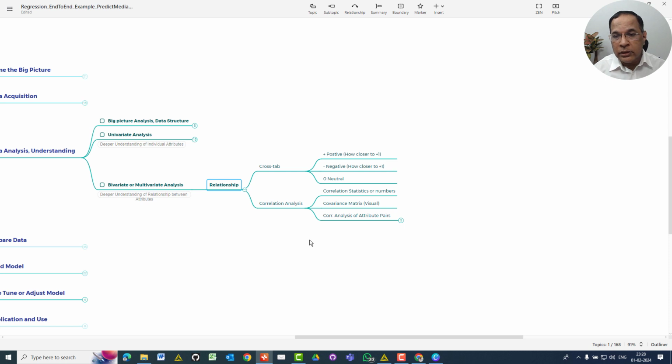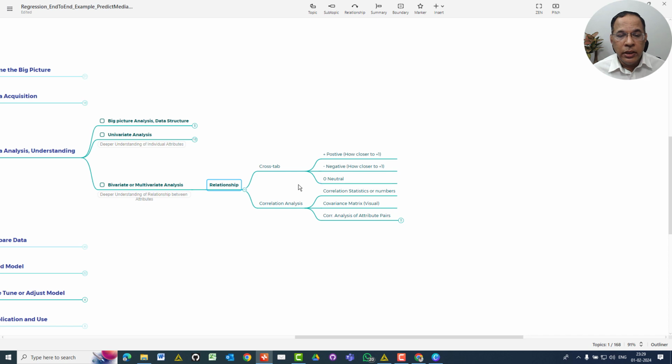Is this data set giving me that kind of relationship? We have taken a simple data point here, which can be intuitive, but there could be other complex data sets you may be getting, maybe a machine data or marketing data set, or customer behavioral, where it may not be so evident, right? But that kind of analysis is what we are going to do from a bivariate analysis standpoint, where you are saying, now that I have understood the individual columns and attributes, let me understand the relationship between the two or